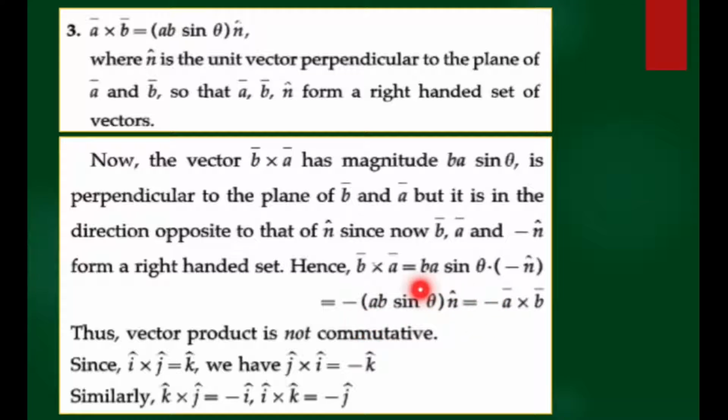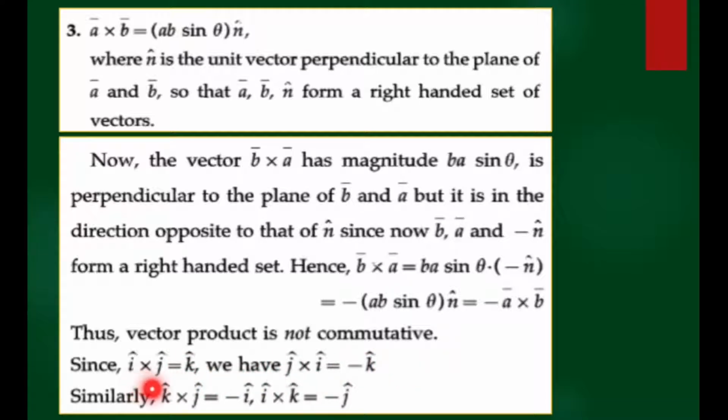So when we write this RHS taking minus sign common, so we write here AB as BA as AB, so we write AB sin theta into n cap. So this is value of a bar cross b bar. So from this, when we take a bar cross b bar, it is not equivalent with b bar cross a bar. That means vector product is not